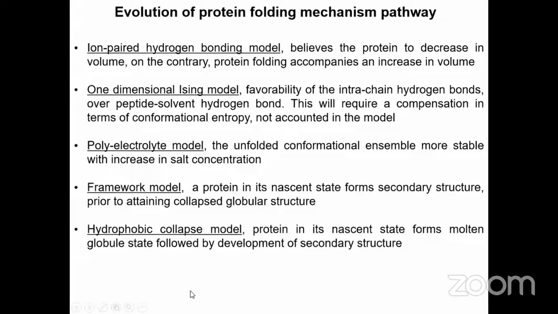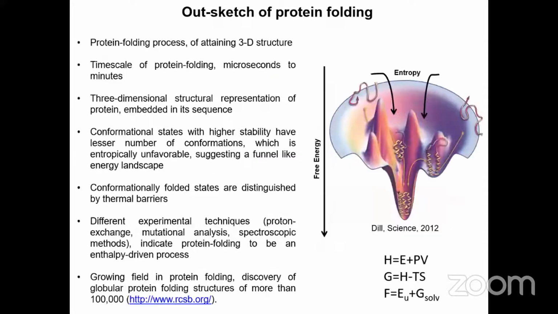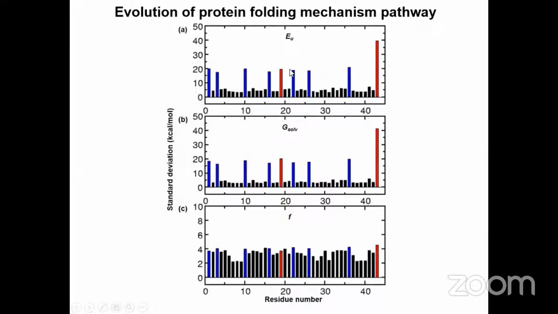In terms of this, I just present recent data of the EU, GSOLV, and F that I had defined while discussing the protein folding phenomenon. This is the effective energy which is driving the negative energy of protein folding, or the stability of the protein folding, which is a summation of the protein internal energy, or the enthalpy, as well as the solvation free energy. So we see for a particular intrinsically disordered protein, from my case study, that these are,